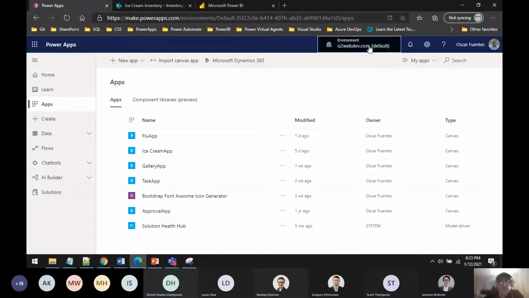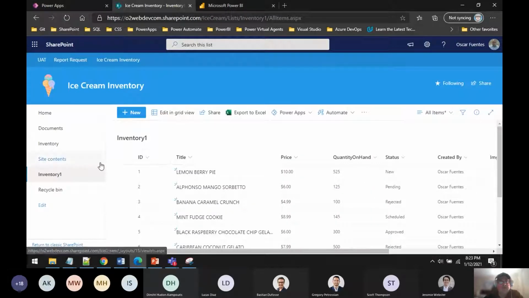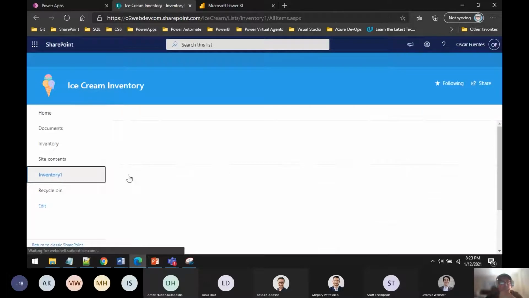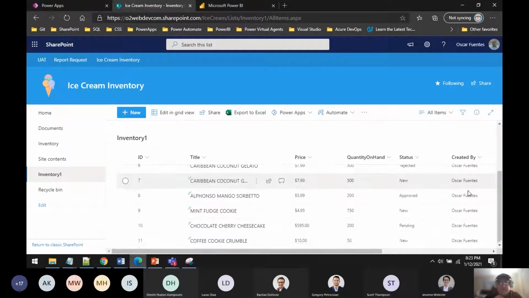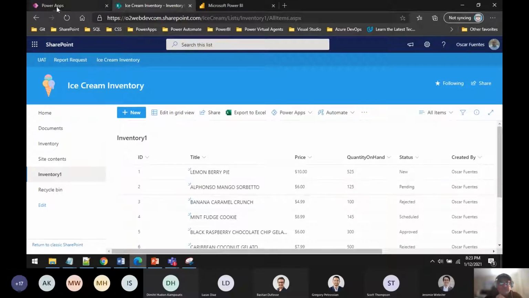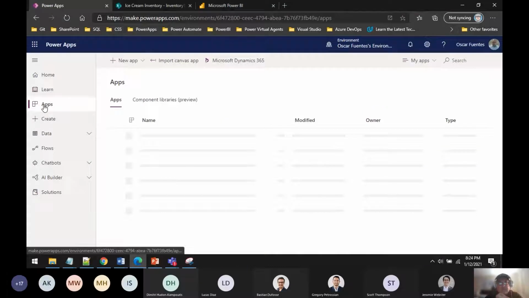So before we do that, let's go ahead and create our own SharePoint list. For this presentation, I already created one. So we're going to use the inventory one as a data source. Right now we have the data here. Everything's looking good. Okay. So now we'll go ahead and select app,